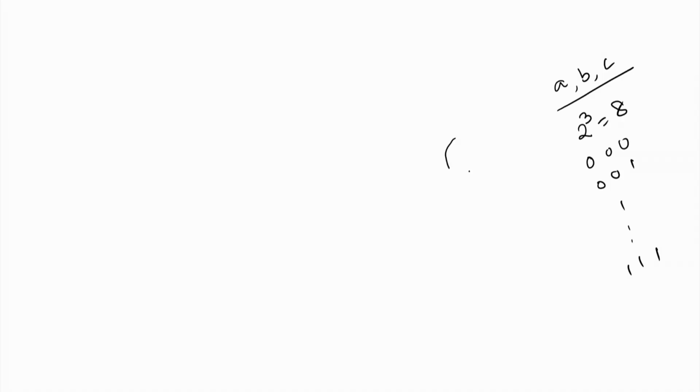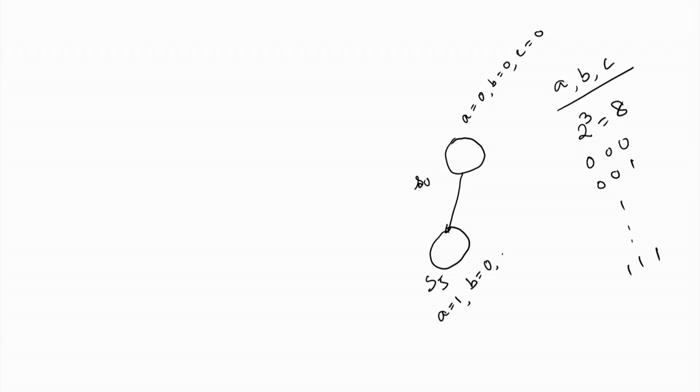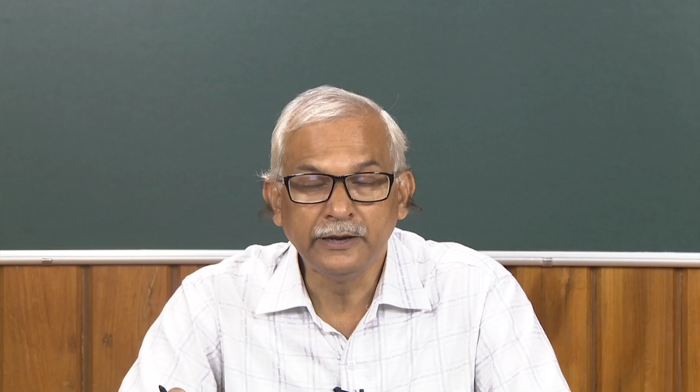That means, I can say that this is my state S0, where the values of the variables are A equal to 0, B equal to 0, C equal to 0. Similarly, from S0 we have a transition to, say, S5. In the case of S5, the values of the control variables are A equal to 1, B equal to 0 and C equal to 1. So, the values of the control variables basically describe the present state of the system, and in this scenario we have a total of 2 to the power 3, which is equal to 8 different states.